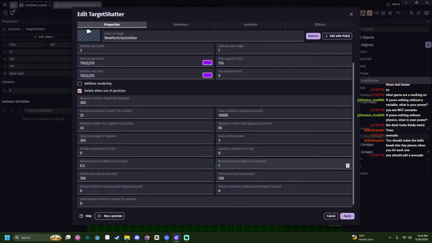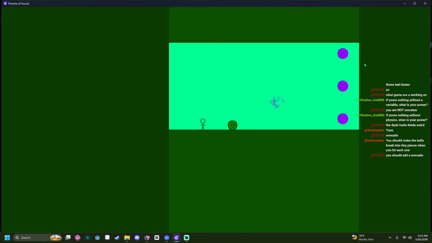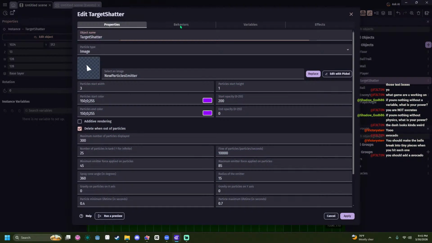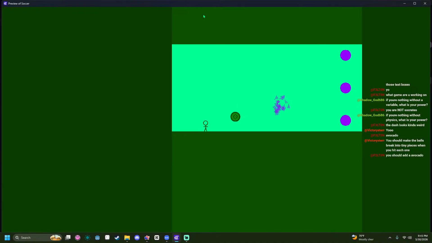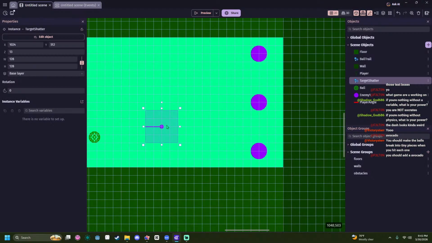Couple things. One, we're gonna make this less, so like 0.4 is 0.7 or something. I don't know. And then radius, we're gonna increase to like 15. We're actually gonna decrease the opacity a bit. Minimum rotation, we'll do like 25 to 75 rotation, or like 80. Increase the force. Force 100 or like 200, and then keep the minimum. Okay, that could look good.